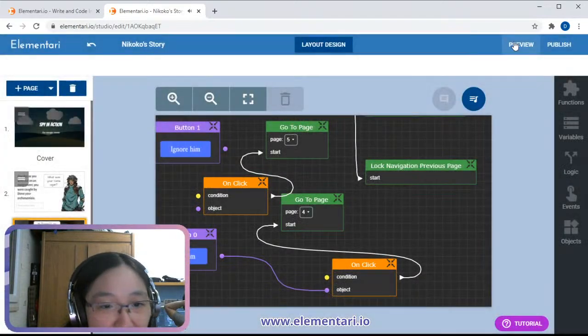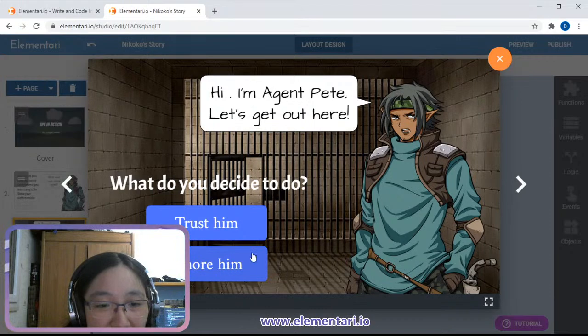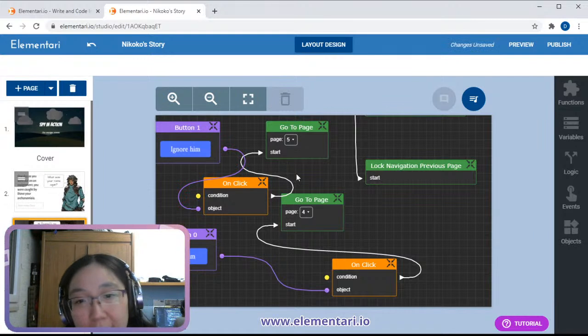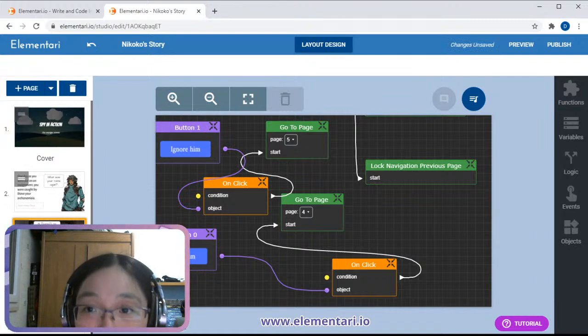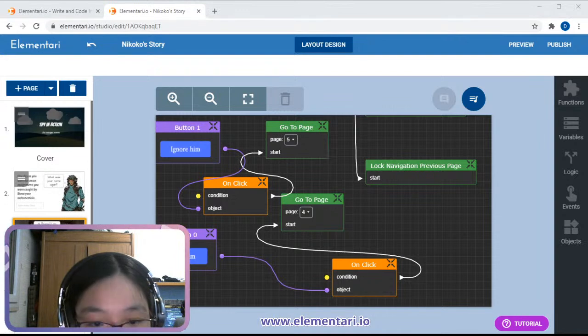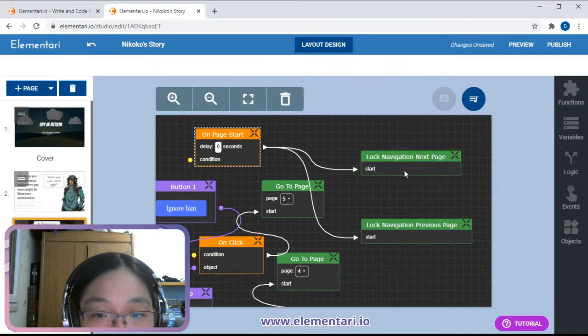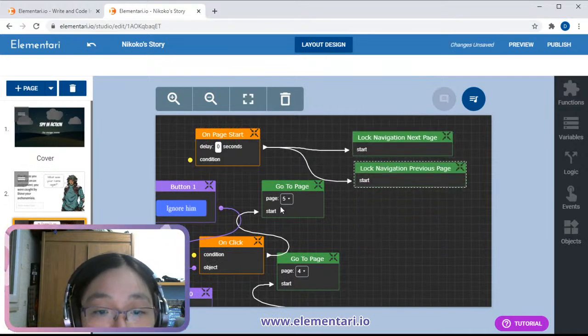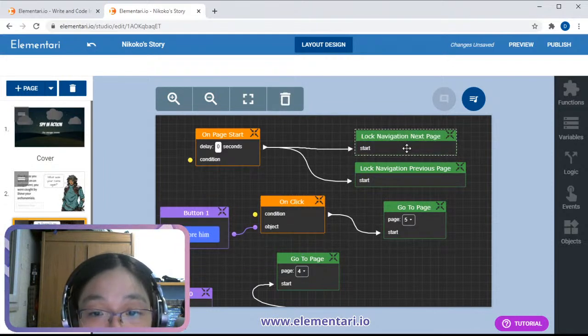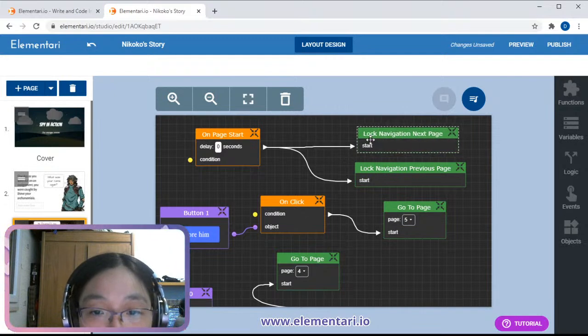All right, great. I think you didn't connect the last one. It doesn't work. Yep. Okay, great. So I'm going to take the mouse back. So Bren here, he's a superstar because he's joined me quite a few times now, so he knows how a lot of this coding stuff works. But I'm just going to walk you through it. The first step is, when you have any choices, you want to disable the default navigation. So you want to lock the navigation for the next page as well as for the previous page.